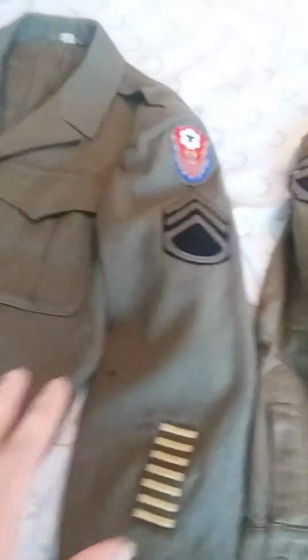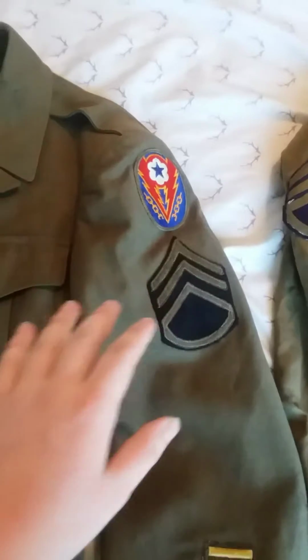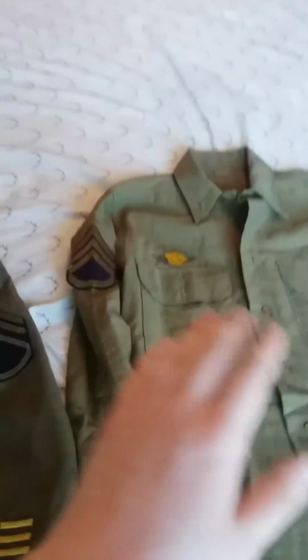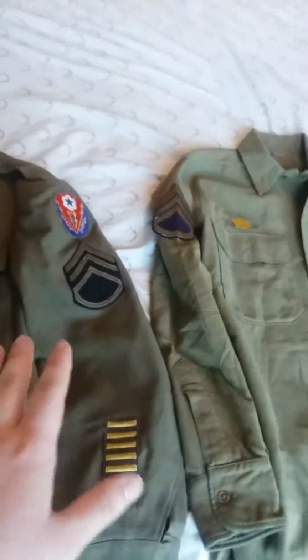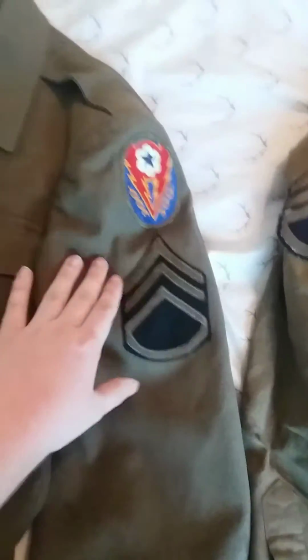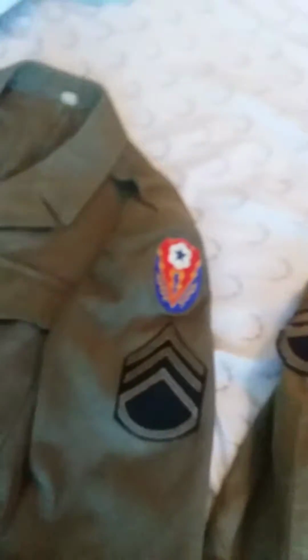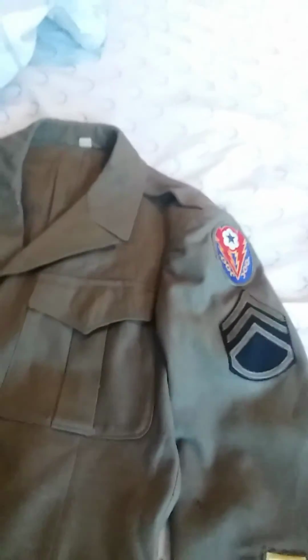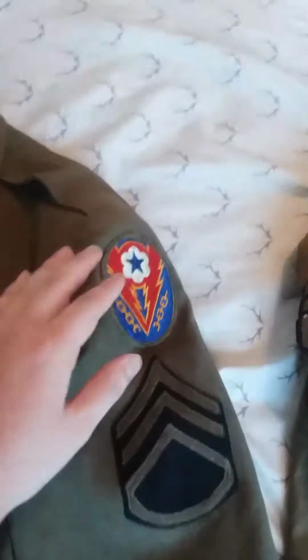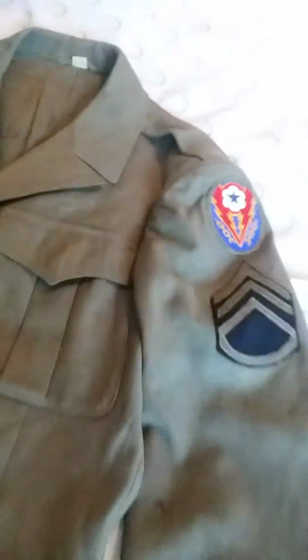But on this uniform, we have wool chevrons, which I think is very nice compared to the rayon. I prefer wool. I know many people prefer the rayon, but I just think the wool looks a lot nicer, especially on the Eisenhower jacket. On the left sleeve, by the shoulder, we have a European Theater of Operations patch. And on the right sleeve, we have the quote-unquote combat patch